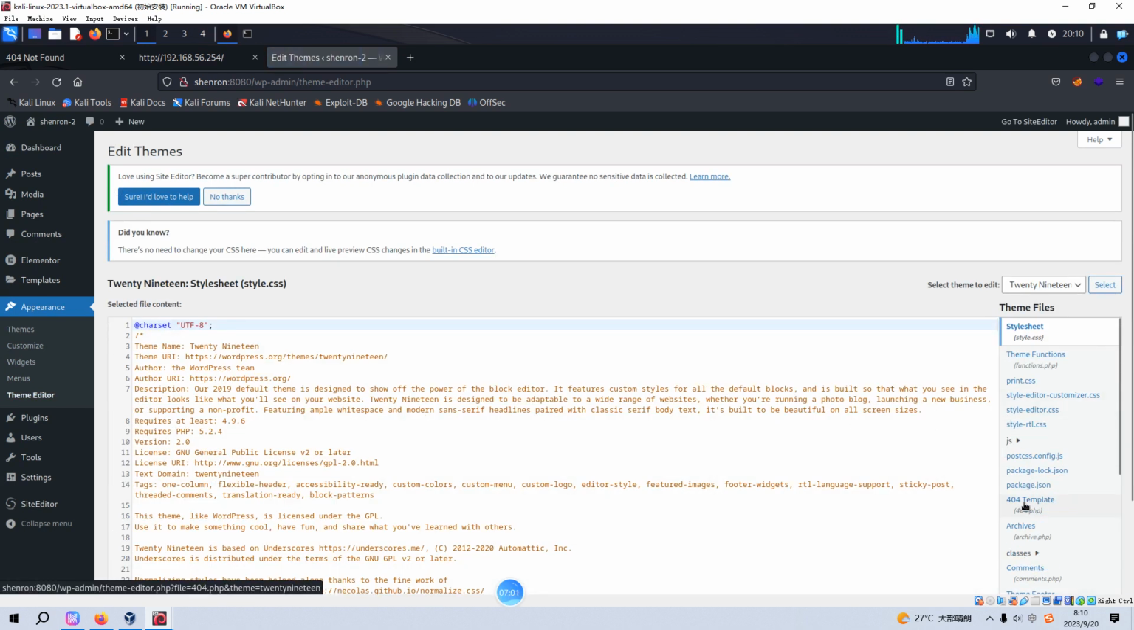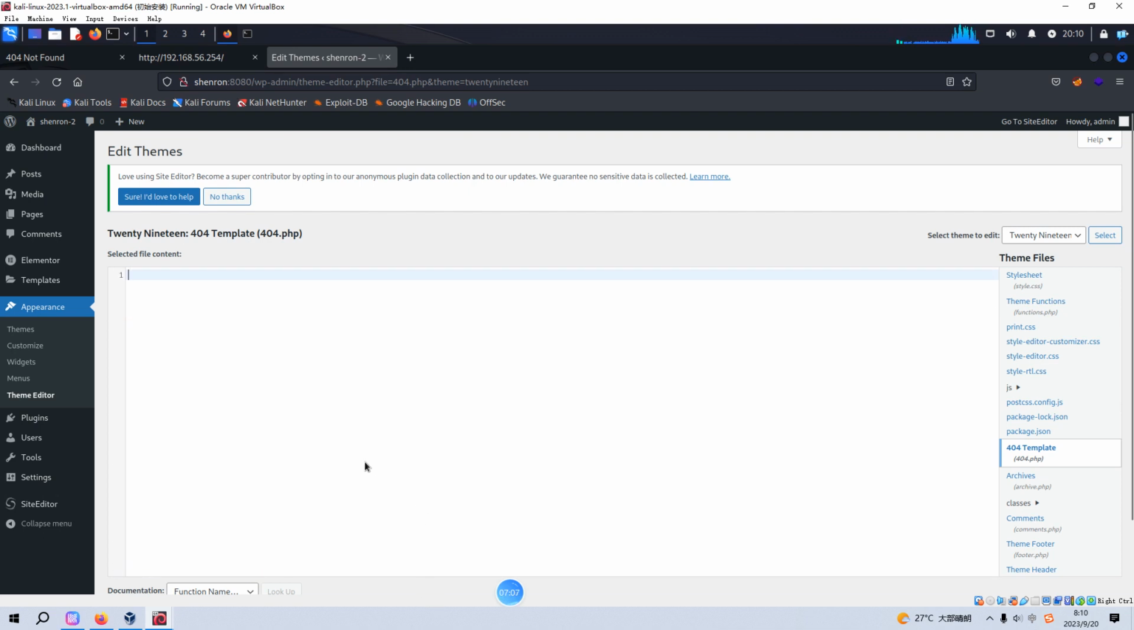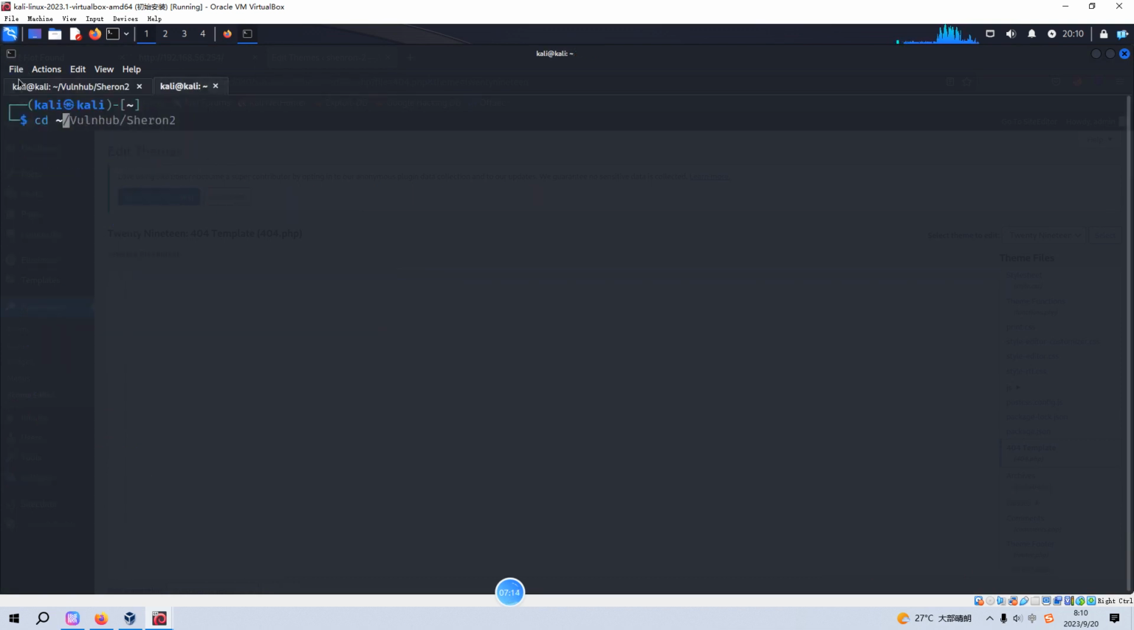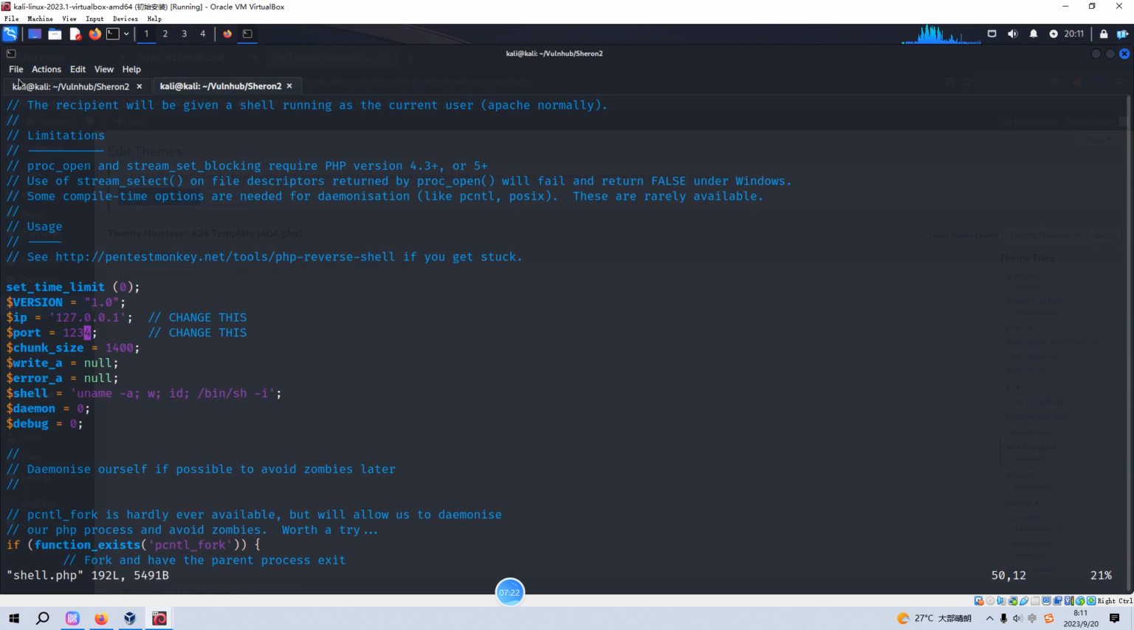The most preferable way for me is to navigate to Appearance and the Theme Editor, locate the 404 template, remove its content, and replace it with our reverse shell. I can open up another tab. We can copy from my toolsets directory, and then modify the IP address of the attacking machine, which is